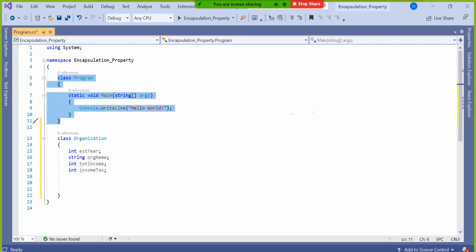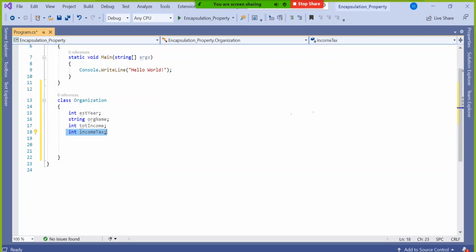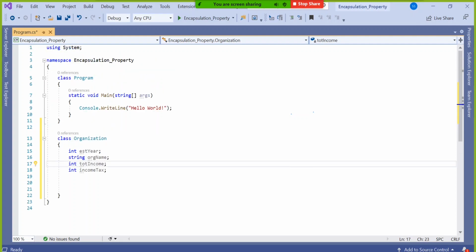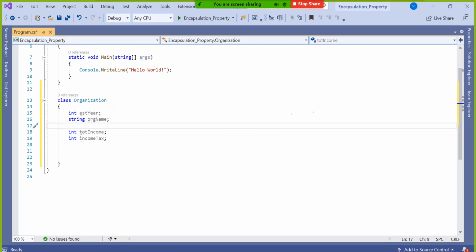Program class is an outsider. Why would he know the income tax of the company, organization? So something like that you are assuming. Okay. So I took 2 varieties here. One variety is you can give the exposure, and another variety is you cannot give the exposure.